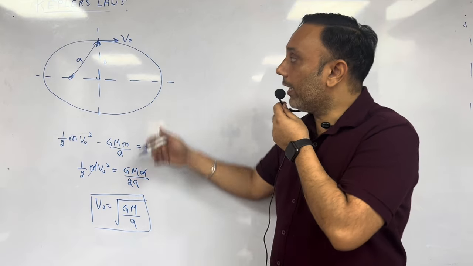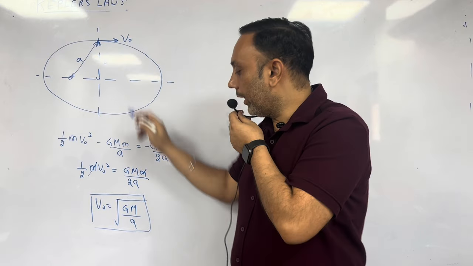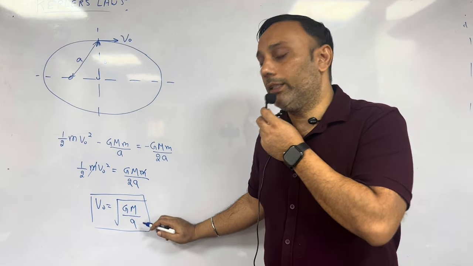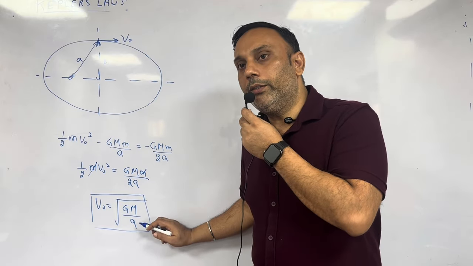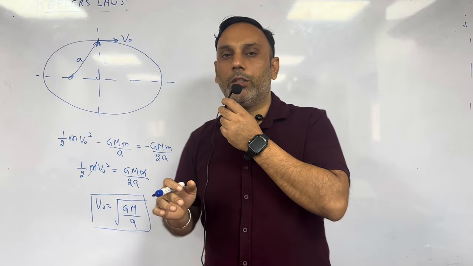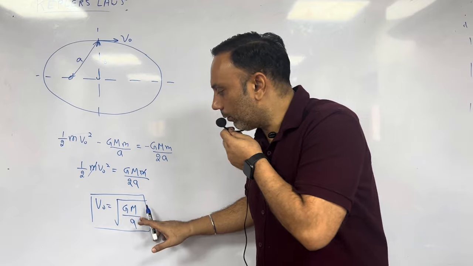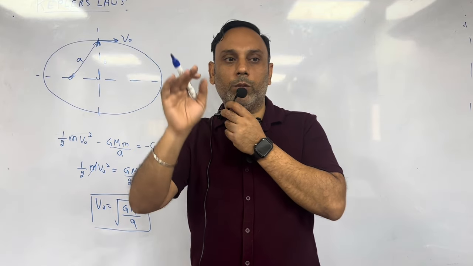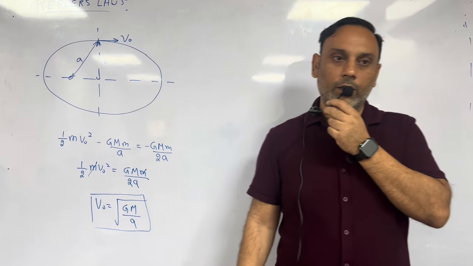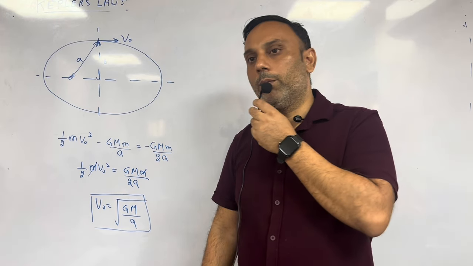And at the semi-minor axis, the velocity has to be this. So it is very important. Whenever by chance you get this kind of velocity anywhere, and you don't know about the full orbit, then you can be 100% sure that if you have this velocity at a particular location, that location has to be the end point of the semi-minor axis. Very important point, right, beta?